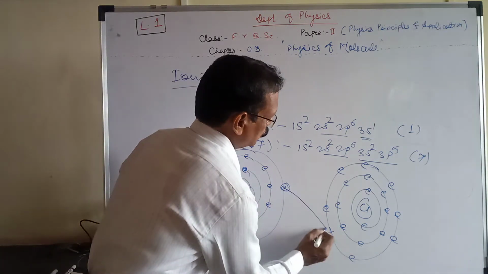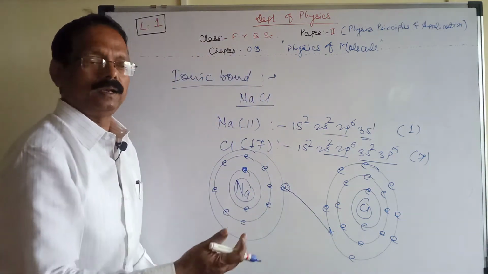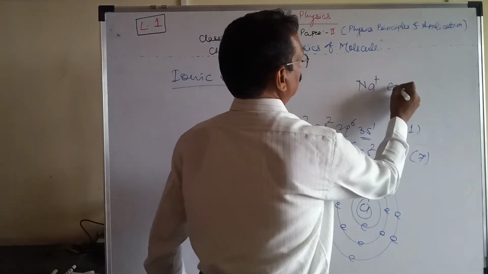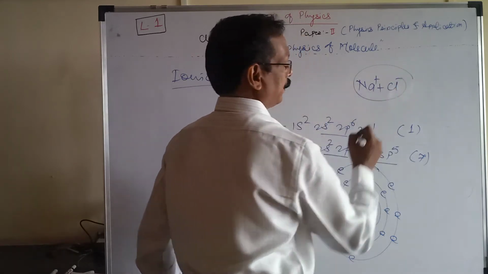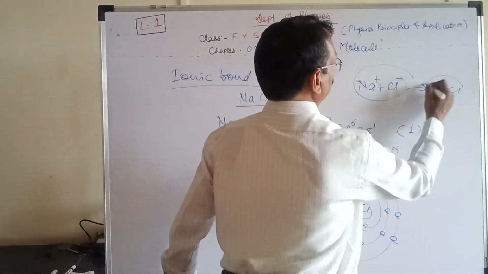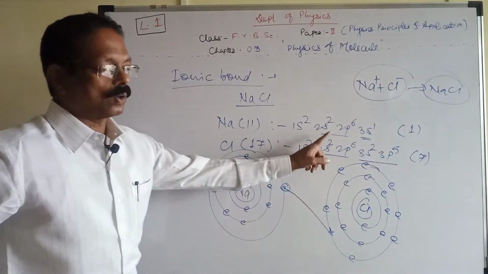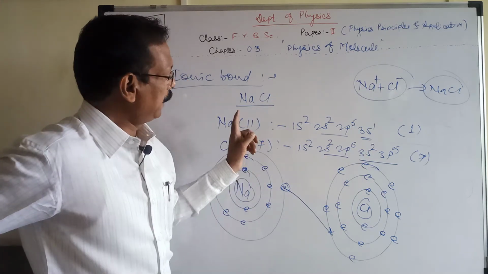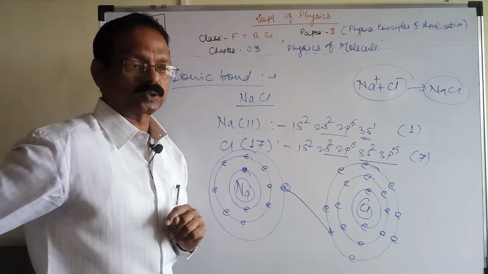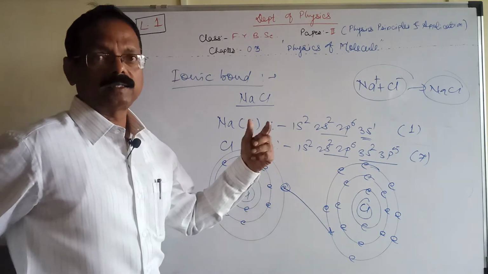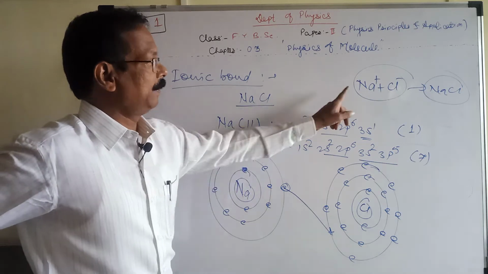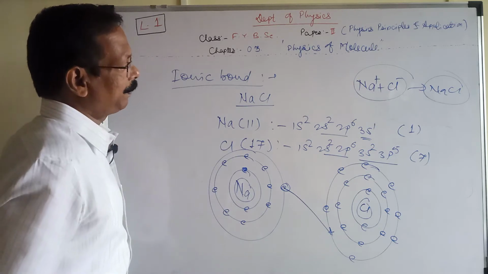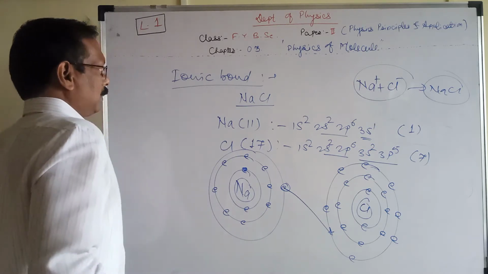So sodium donates 1 electron to Cl and Cl accepts 1 electron from it. So Na becomes positive and Cl becomes negative. So we can consider Na plus Cl minus, and you get NaCl. In this way, sodium donates 1 electron to the neighboring Cl. In the case of Cl there are 7 electrons in the outermost orbit, and in the case of sodium there is 1 electron in the outermost orbit. So sodium is the donor and Cl is the acceptor. Therefore the charge of the Na becomes positive and the charge of the Cl is negative. That's why we say Na plus Cl minus. It is an example of the ionic bond.